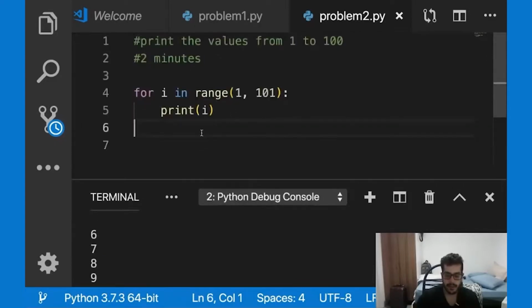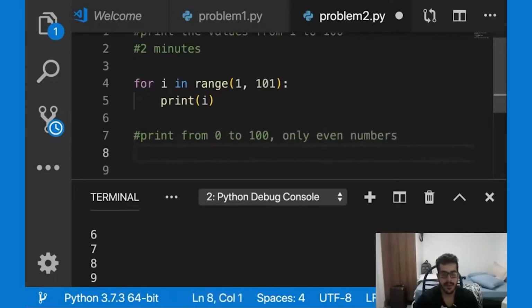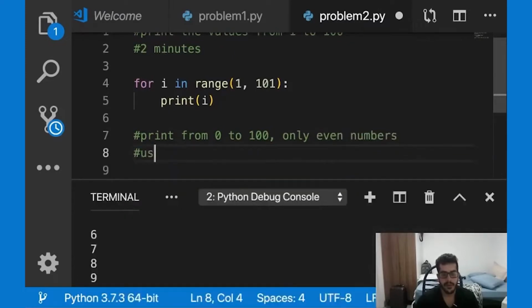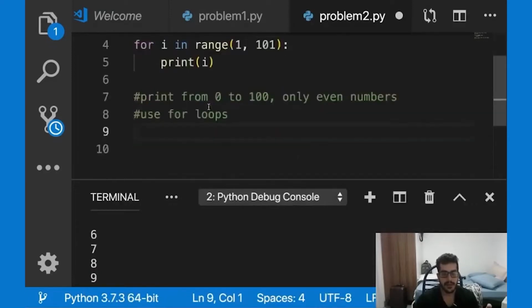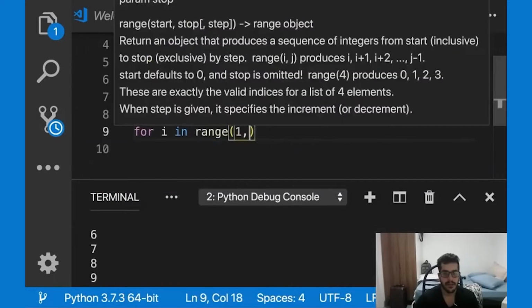So now within problem 1, I want you now to print from 0 to 100, but only even numbers. There are different ways of doing this, but I want you to do it using for loops. Use for loops. Try all of these under 2 minutes, guys. So one way you can do this is to do,